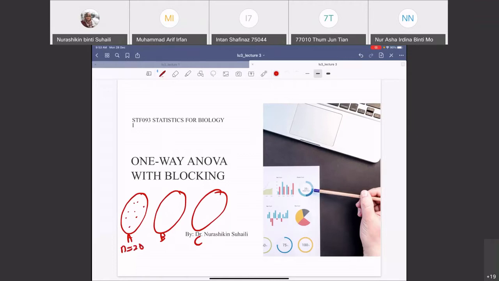Faculty B is also 20, and C is also 20. So I am actually comparing sample A, sample B, and sample C,